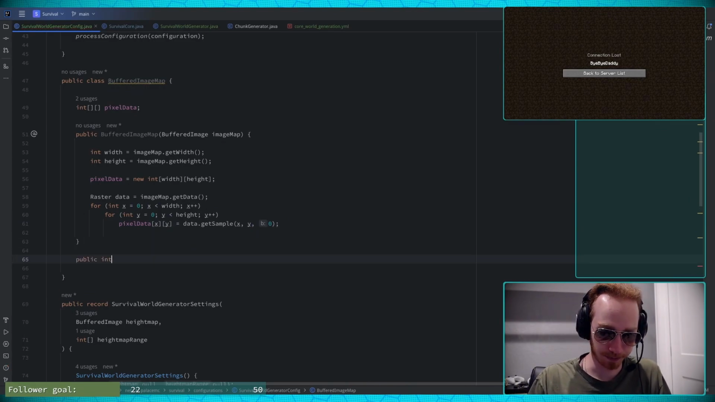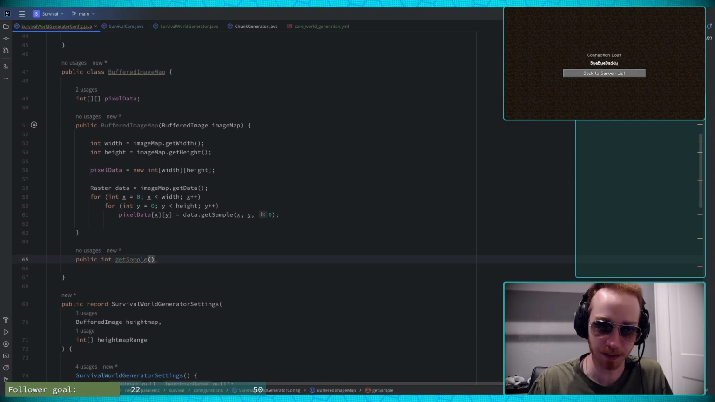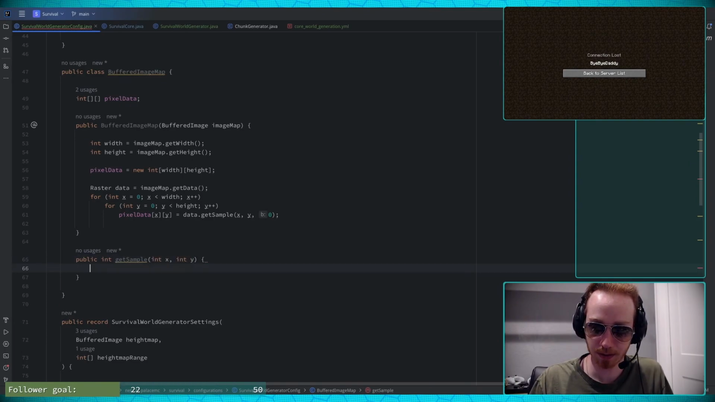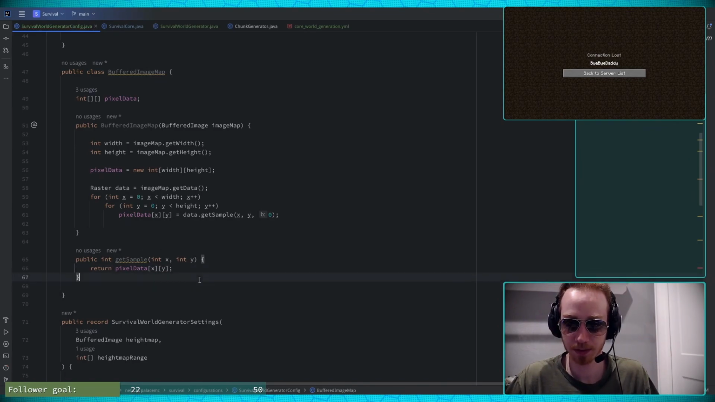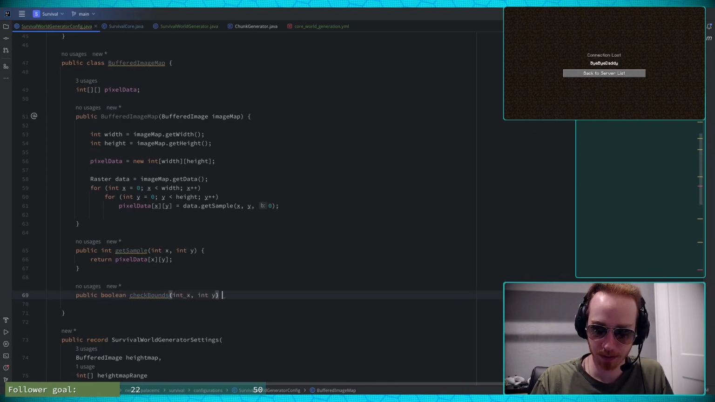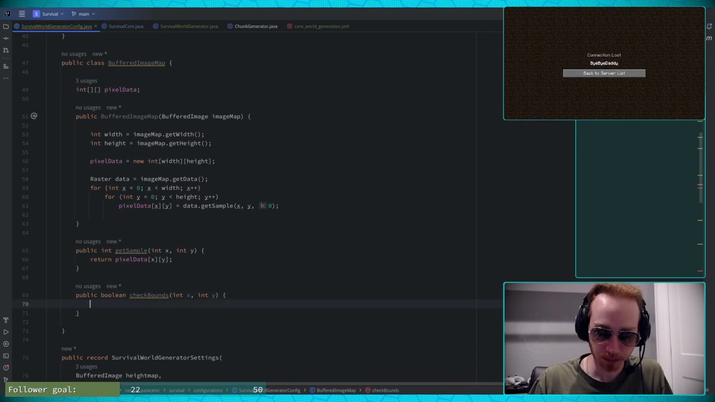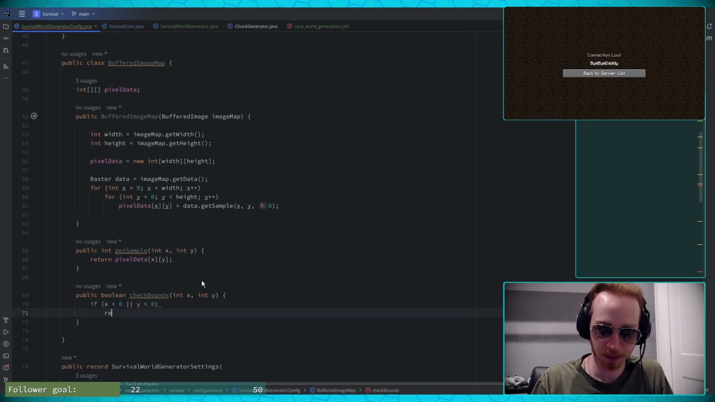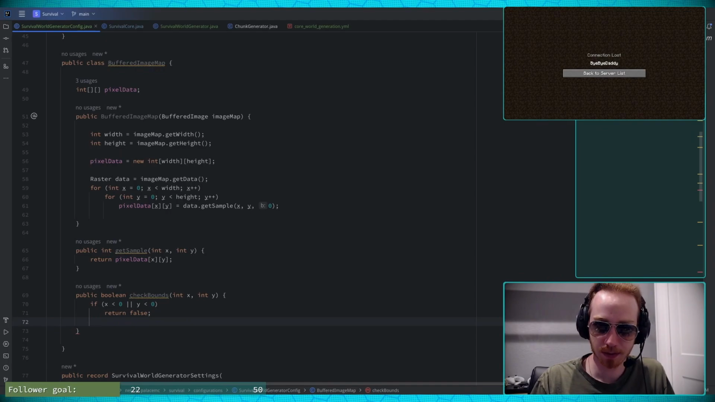And we'll do public int get sample of X, Y, return pixel data X, Y. No boundary checks here. We'll do a boundary check here though. Public boolean check bounds. -1 or false. And then